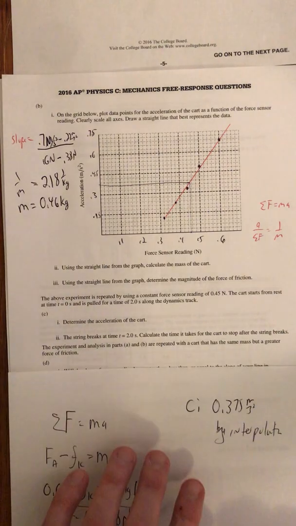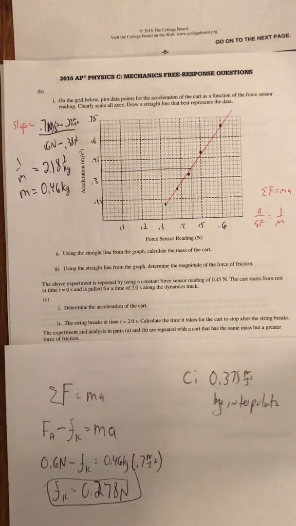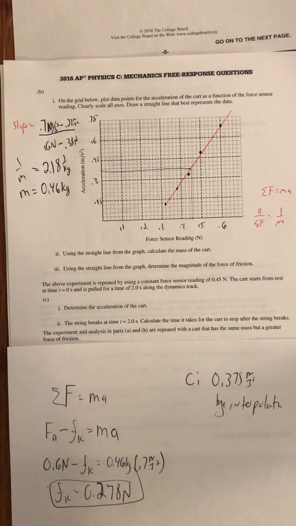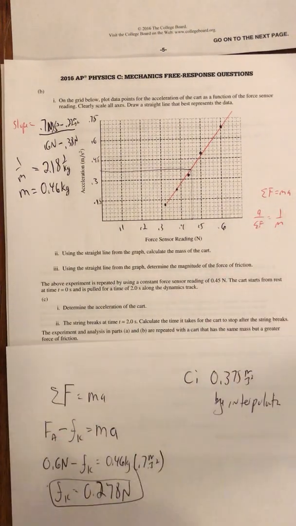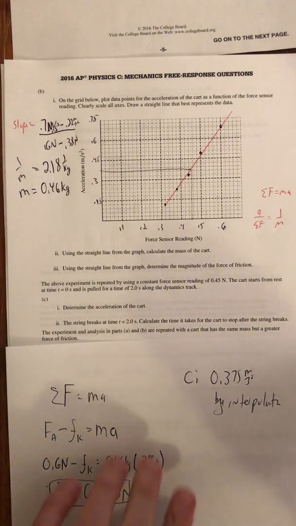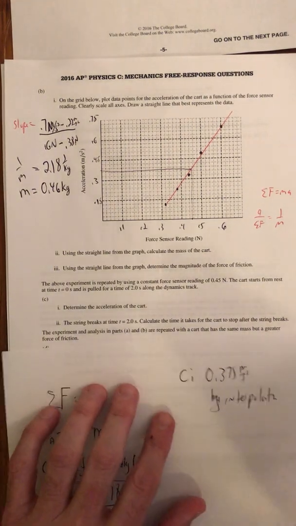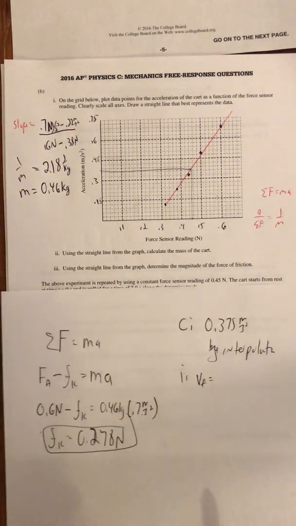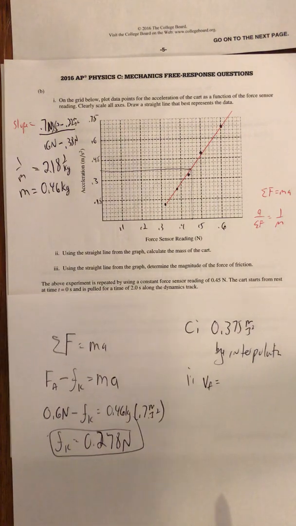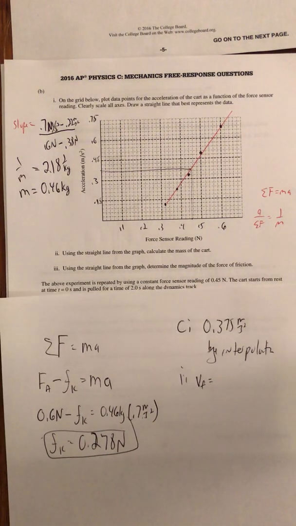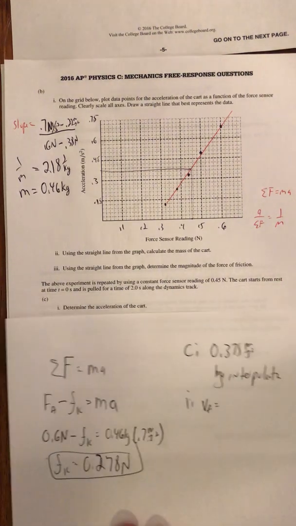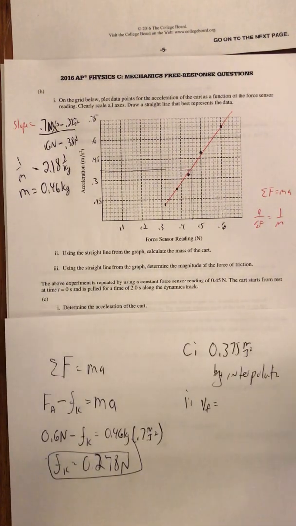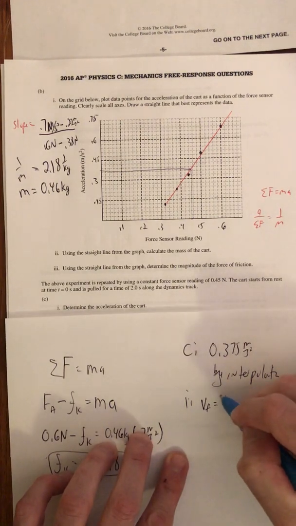The string breaks at t equals 2 seconds. Calculate the time for the cart to stop after the string breaks. Okay, cool. I need to know what the speed is at the end of that. So I know that that's the acceleration, and so let's find VF in this interval. Then I'm going to use the impulse momentum theorem in order to figure out the time. I could find a new negative acceleration and do more kinematics, but I think this is going to be a more convenient